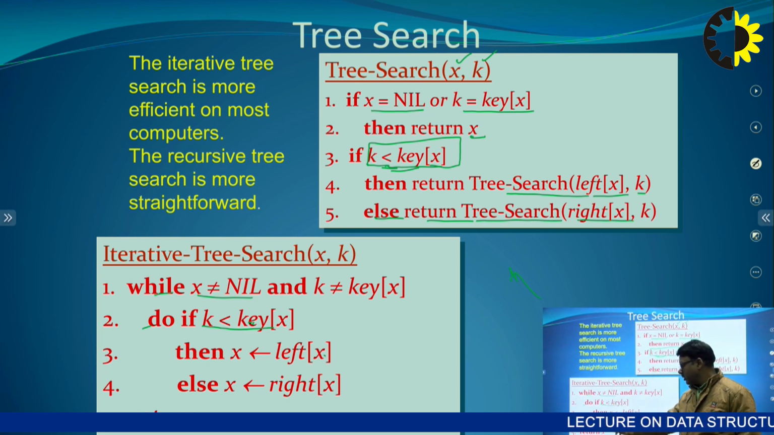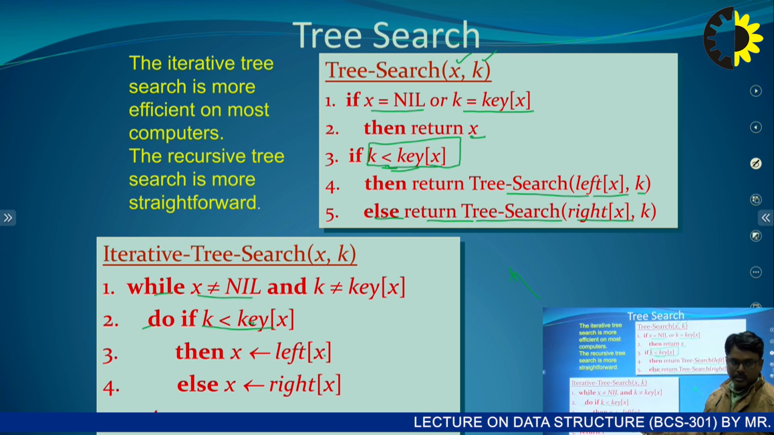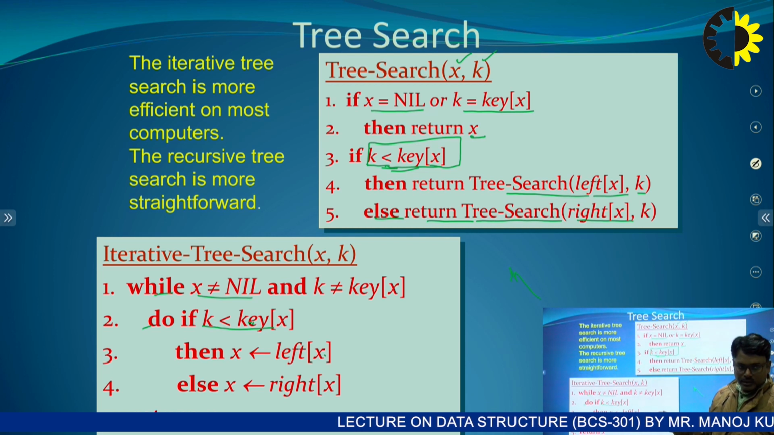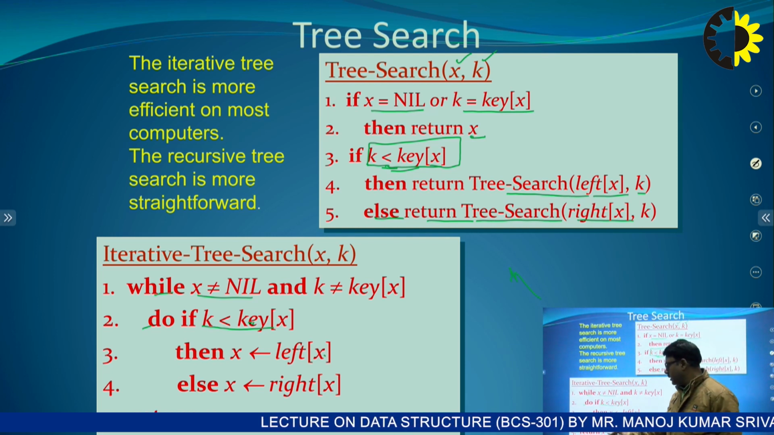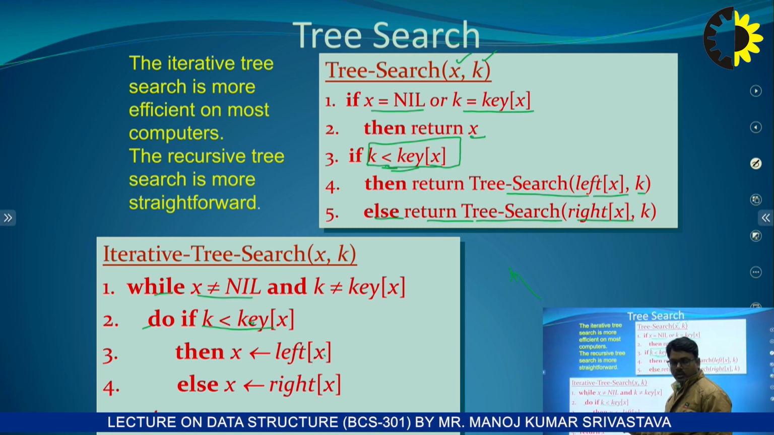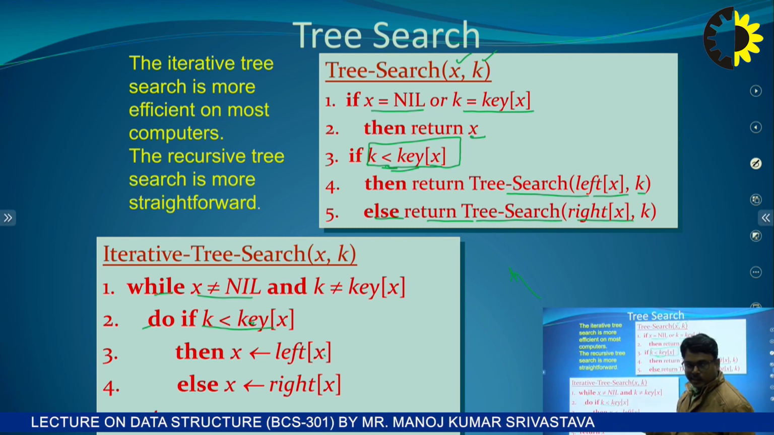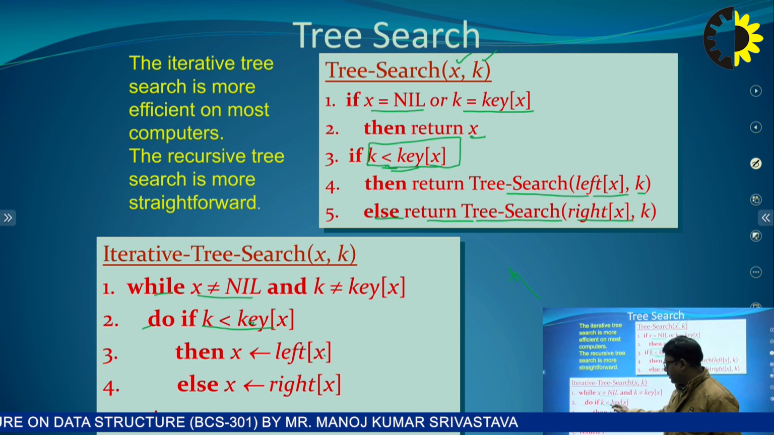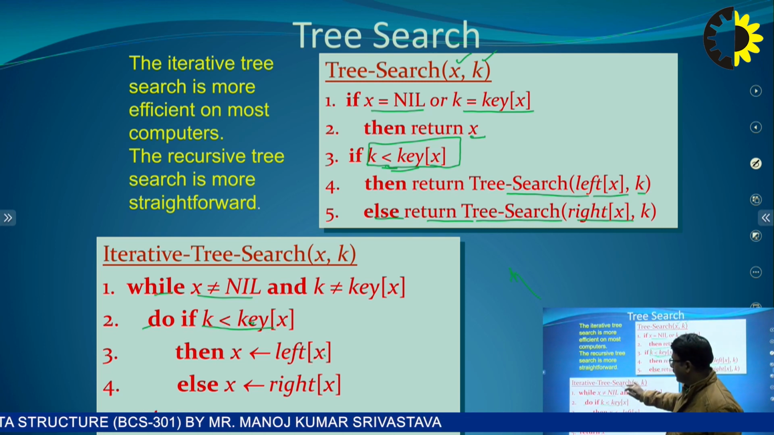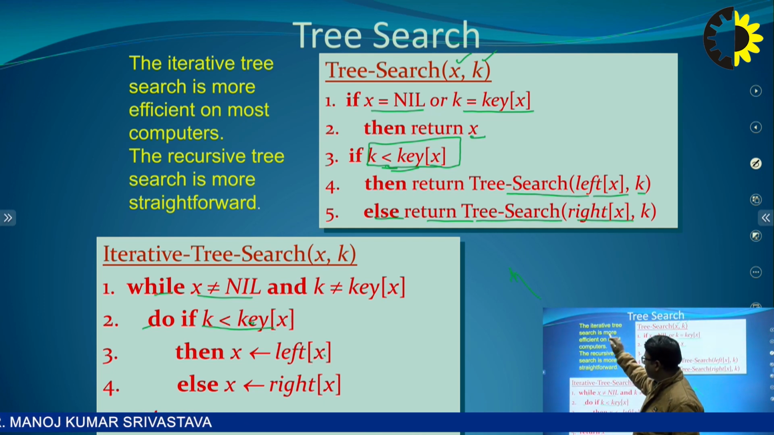If this condition is not satisfied, then it will go to the right subtree, which we have already discussed here, and then it will get printed here. That means this loop will go on continuously and give the result until this condition gets satisfied. As per the definition of recursive and iterative, we can see here that iterative tree search is